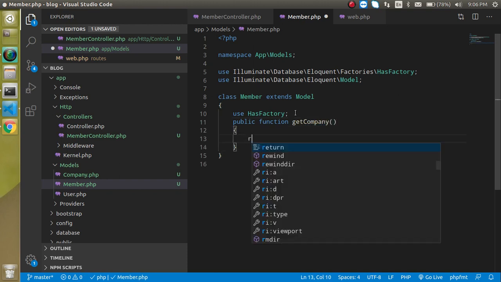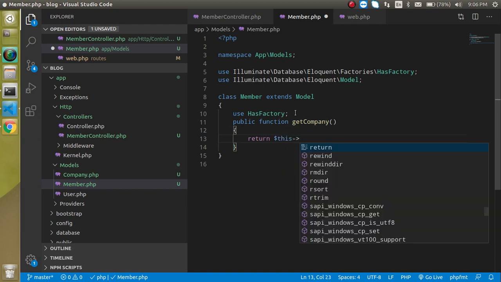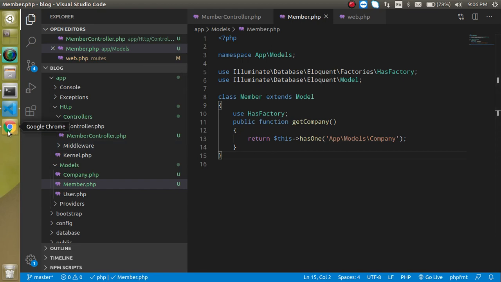And just simply return here $this->hasOne, because this is a one-to-one relationship, and hasOne tells that this is a one-to-one relationship with this table. And which table? The one for which I just put the path here, App\Models\Company, right? Like this.